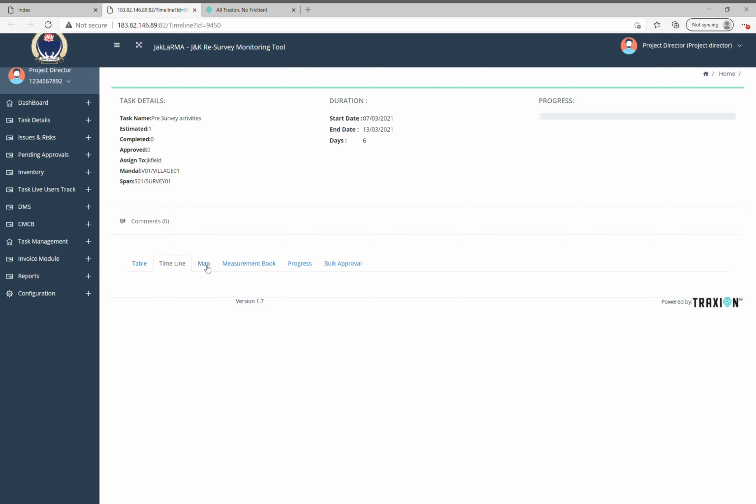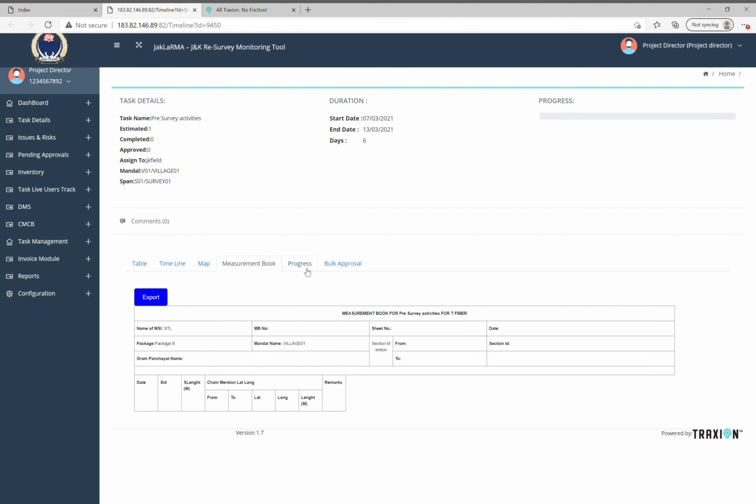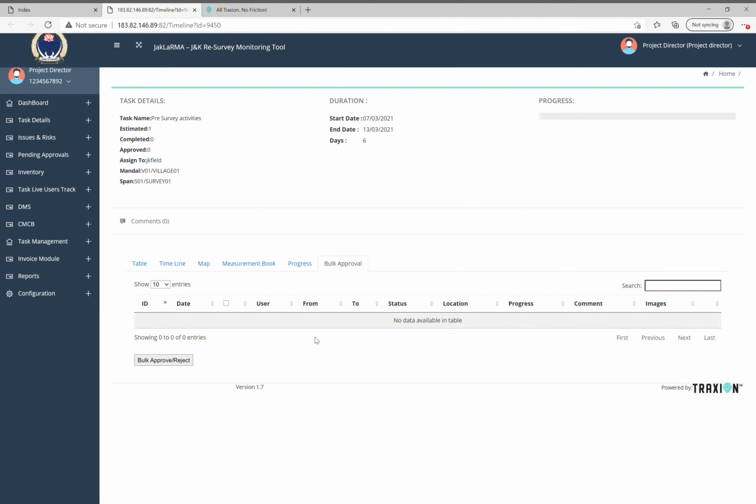Then you'll get a map view of where the updates have taken place, and various things like measurement books, progress monitoring, and approvals can also happen task-wise, individually for each activity and for each territory. Similarly, every other task will have a similar view and can be accessed in a similar way.